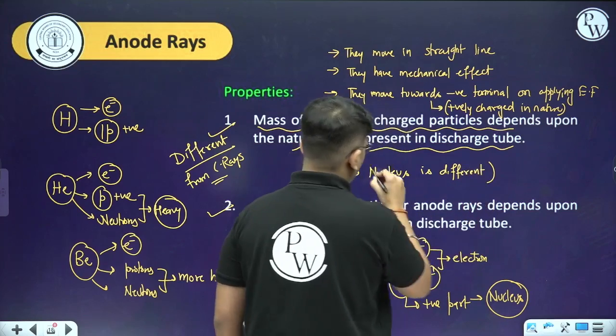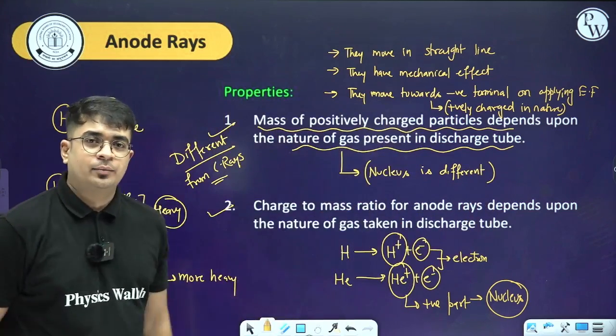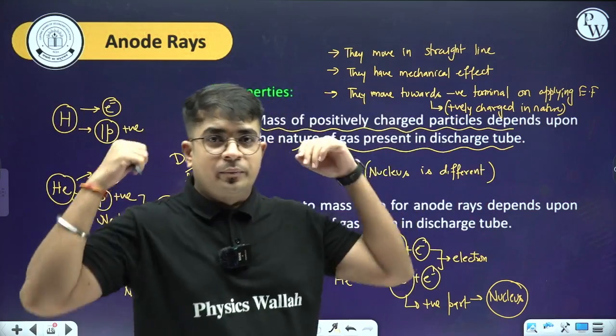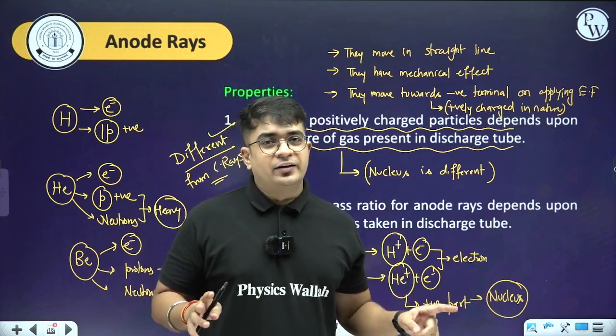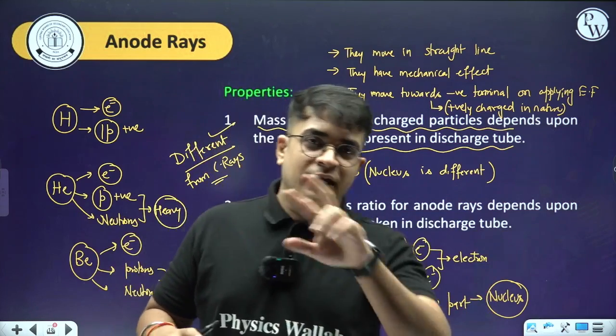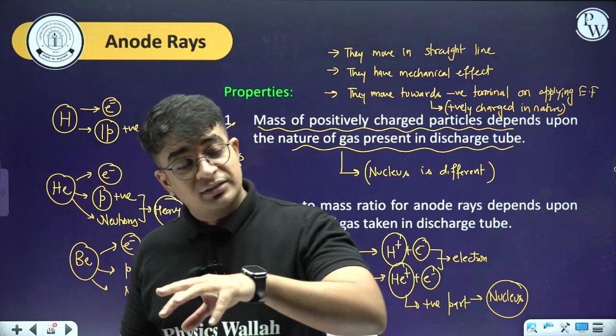The nucleus is different, because electrons are the same for any type of atom. For helium, electrons are the same. For beryllium, electrons are the same. For lithium, electrons are the same. Everything is the same. But every time, the helium nucleus is different, the beryllium nucleus is different, the lithium nucleus is different, the carbon nucleus